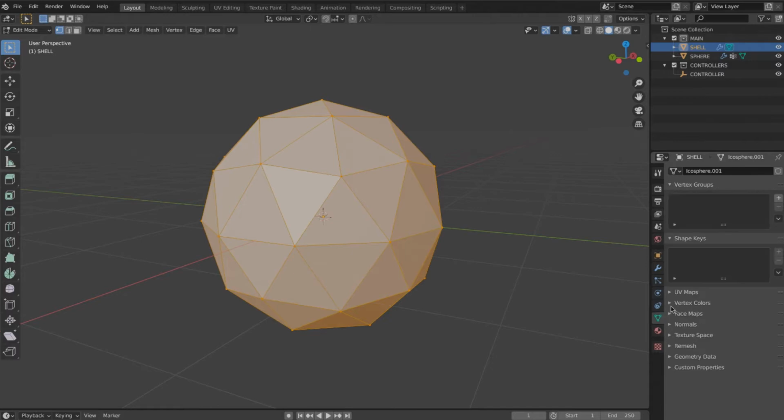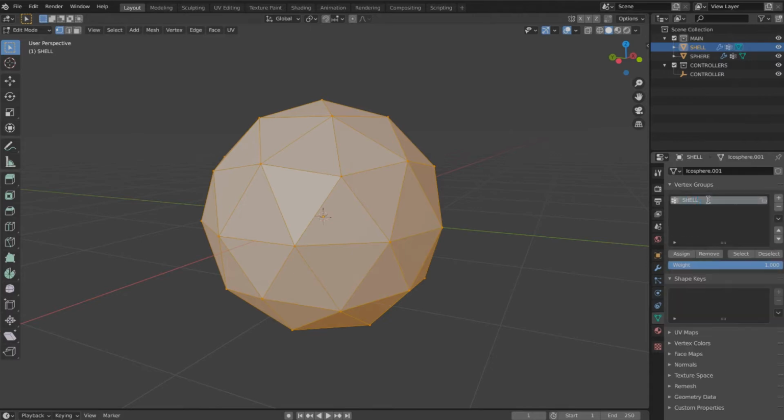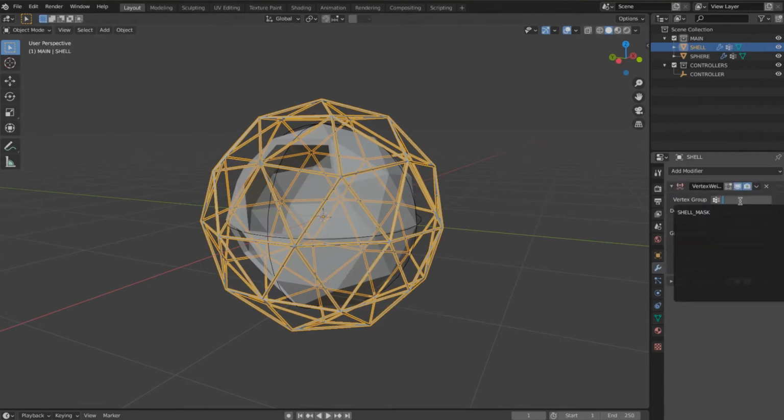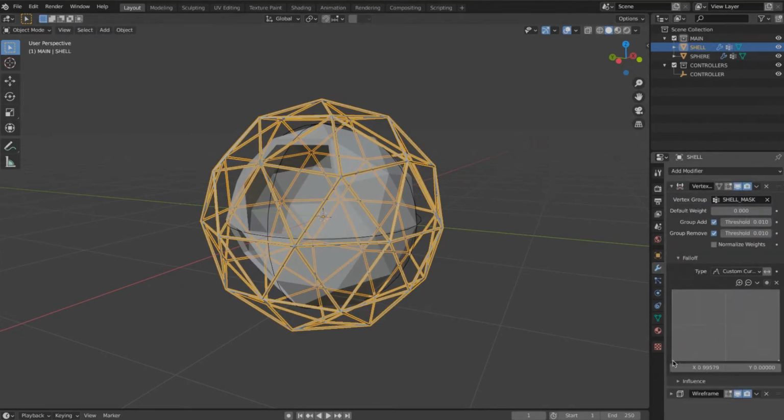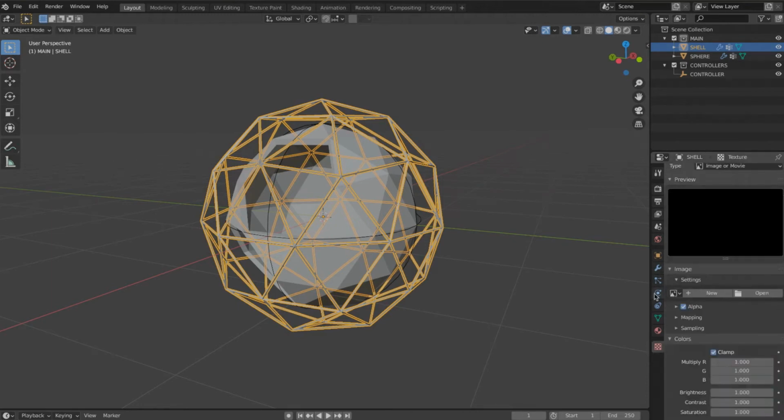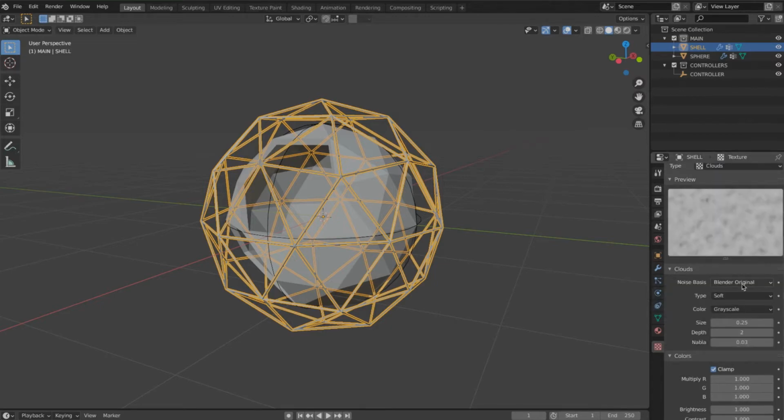We define a vertex group, then we add a vertex weight edit. We invert the custom curve and we generate a map. In this case, clouds. You can actually use any kind of map, even a gradient if you want to fade it and make it appear.